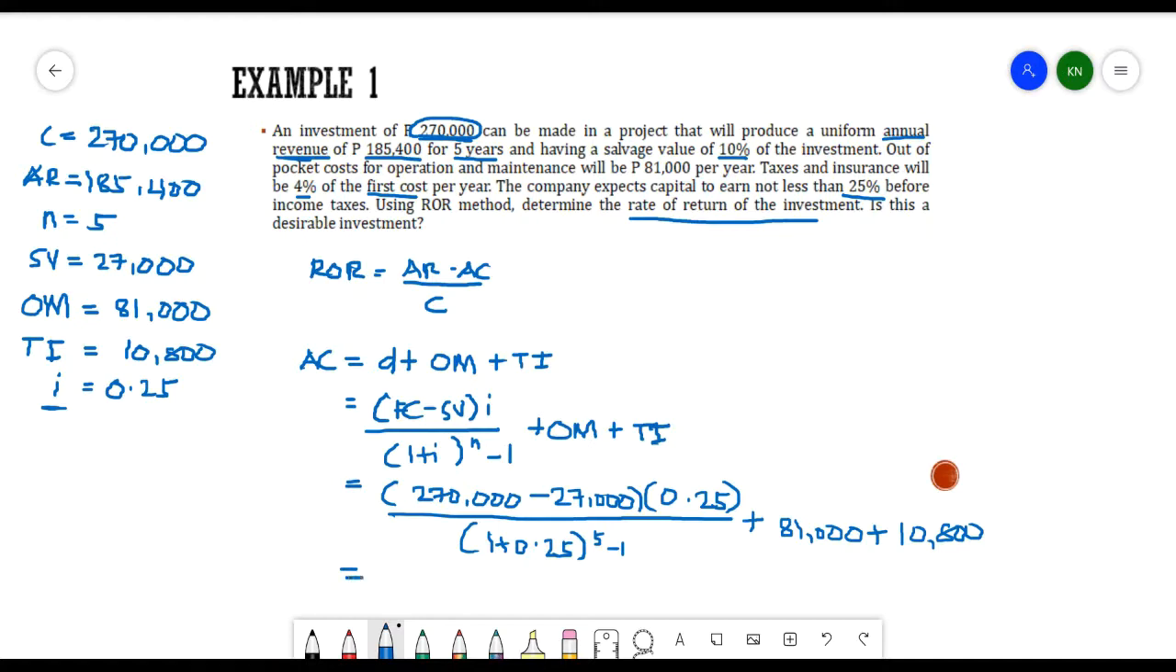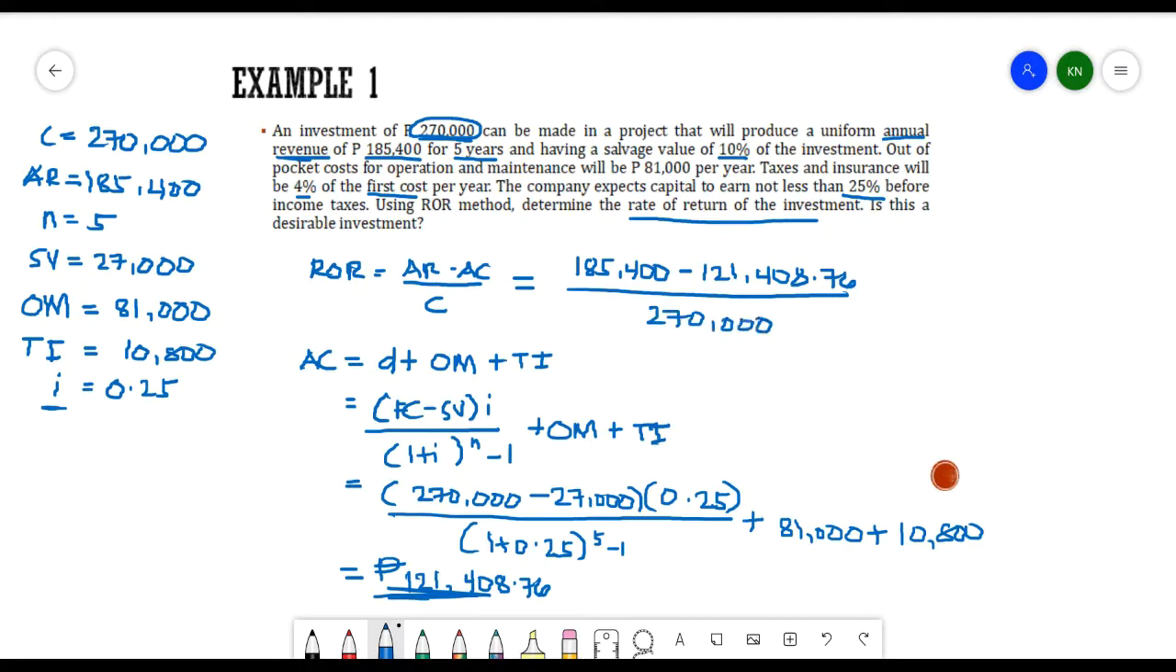So basically we have the annual cost of 121,408.76 annually. So this is the annual cost that we have. Now, since we are looking for the ROR, we'll just substitute the values that we have here. So we have our AR, which is 185,400 pesos, minus our AC, which is 121,408.76, divided by the capital, which is